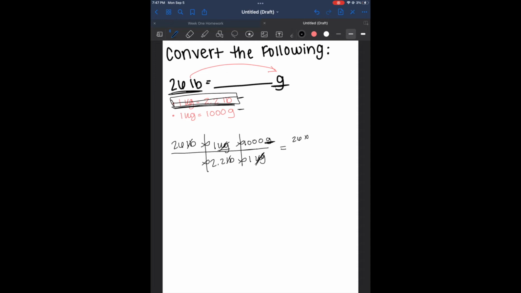So 26 times 1,000 divided by 2.2 times 1. Okay. So 26 times 1,000 is going to give us 26,000, and 2.2 times 1 is going to give us 2.2. So now we're left with 26,000 divided by 2.2, which is going to give us